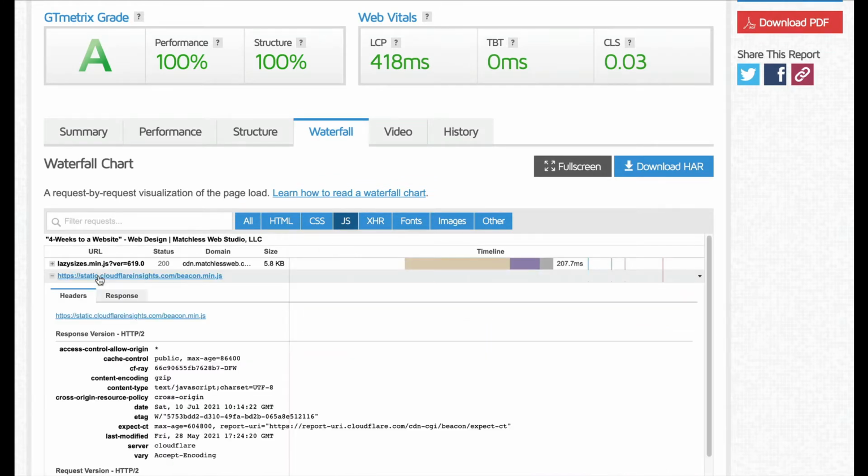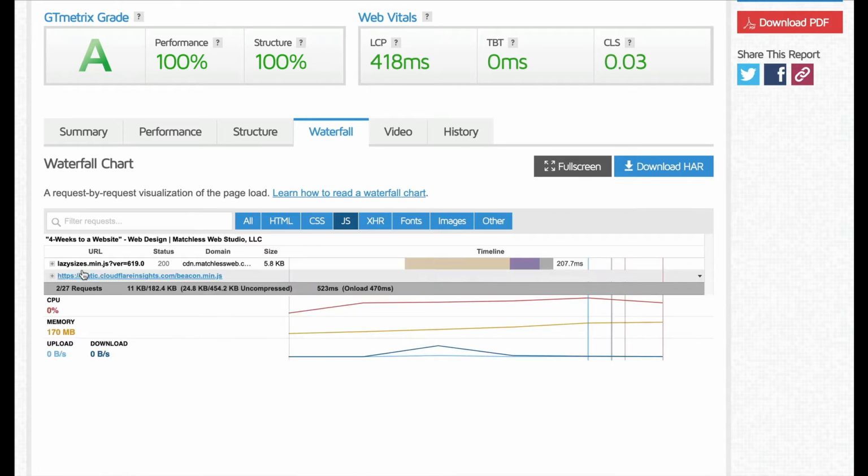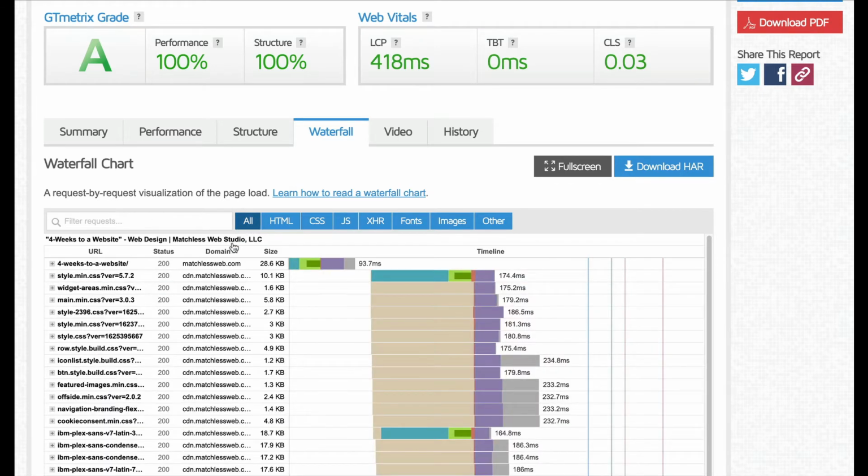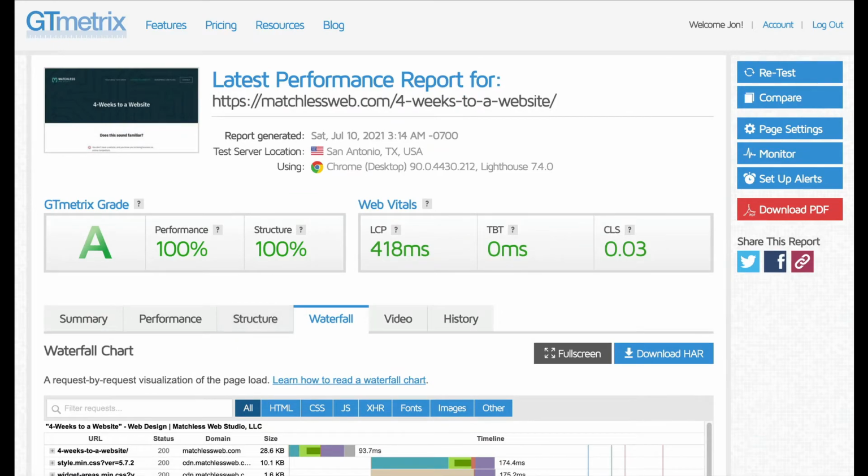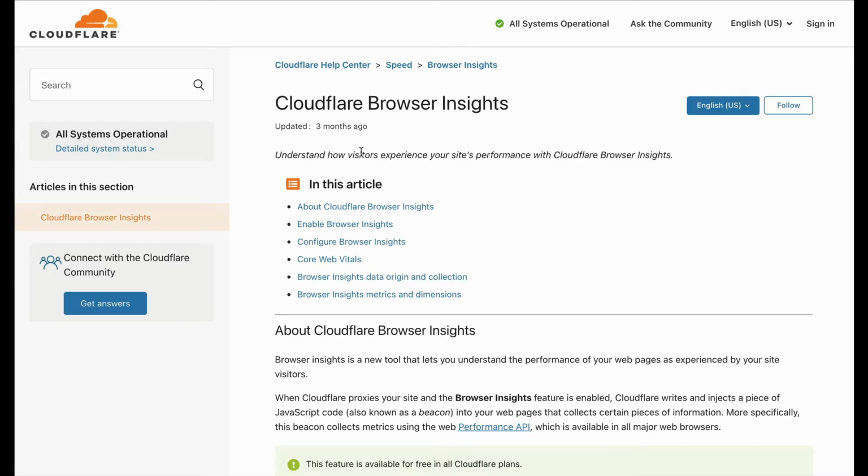So it's called beacon.min.js. That's the file, and it's a small file, 5.2 kilobytes, not very large. It adds that one small piece of JavaScript to your request for the page, and that allows Cloudflare to give you some insights. This is a help article, I will link this below the video. It just gives you a little bit of insight into some of the real world testing, real world usage of your